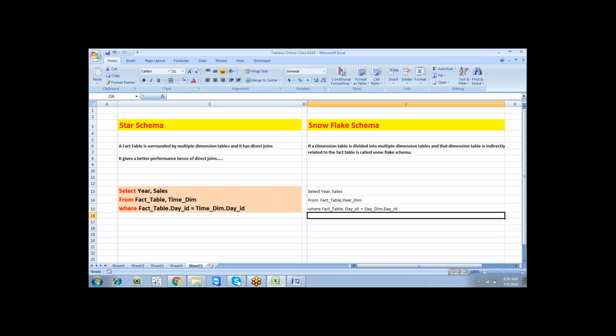This is one join, and you can go with an and condition. Next, month id: date_dimension_table.month_id equal to month_dim.month_id. So we are relating the month id from the day table and the month table,